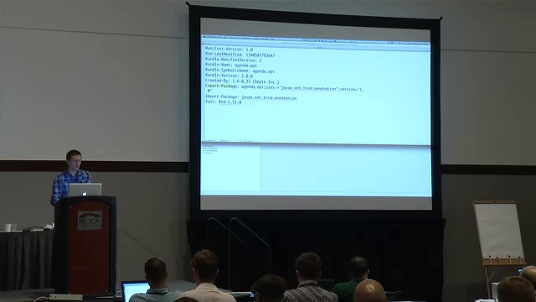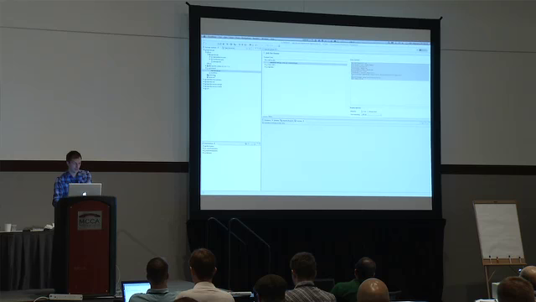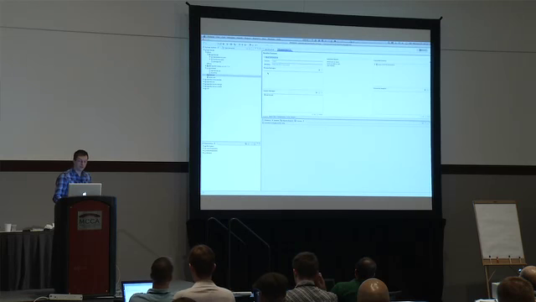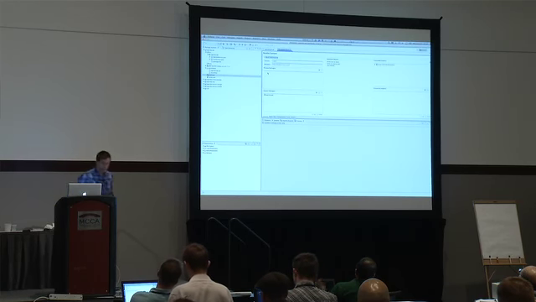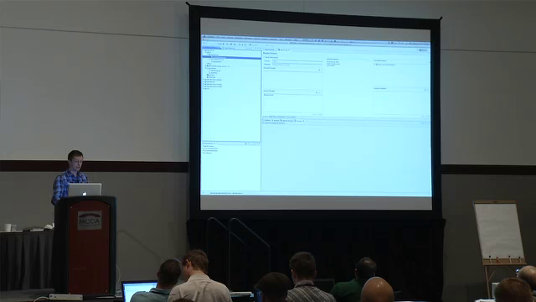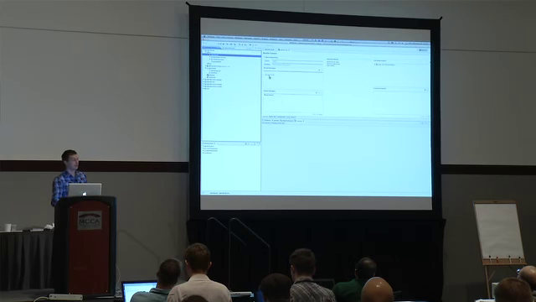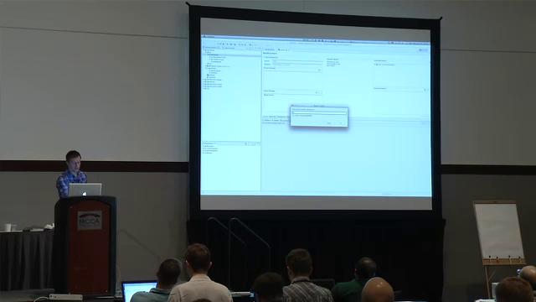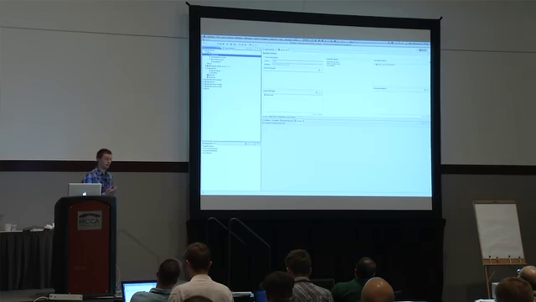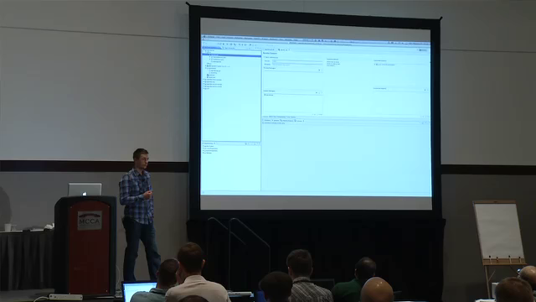So the question is, how do I write those export packages? I'm certainly not going to write them by hand, and it's not supposed to be written by hand. Instead, I've got a wizard for that in BND Tools, and I can just drag a package, put it in the export packages or the private packages, depending on what I want, and it will automatically generate the jar file and the manifest file. So that's pretty easy.